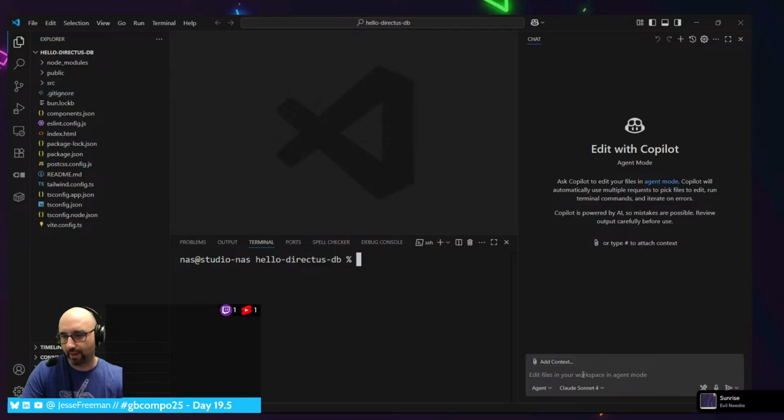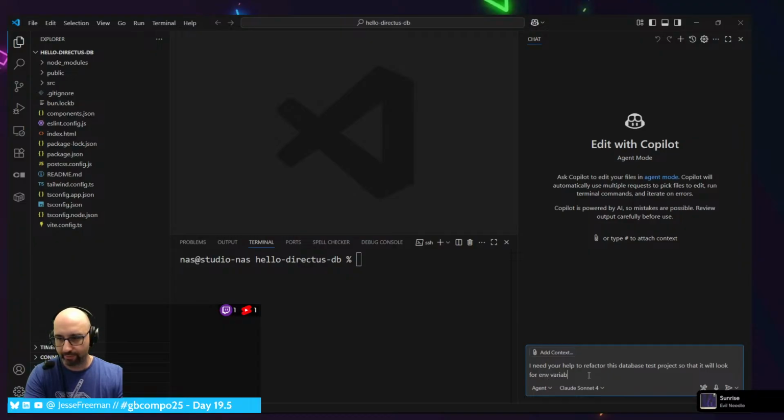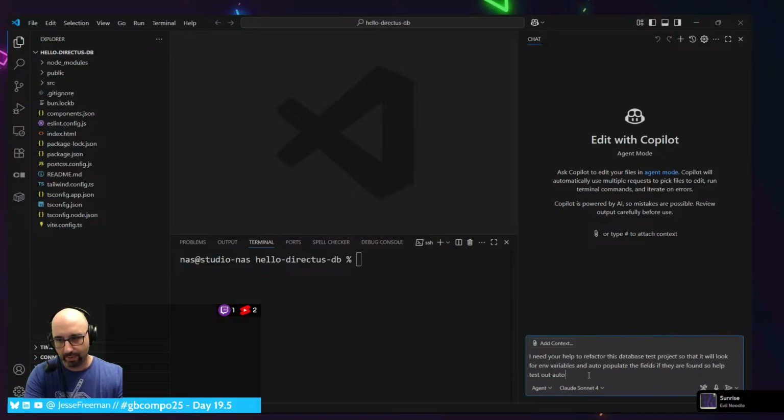All right, so now that we're on this, what I'm going to do is tell it, all right, I need your help to refactor this database test project so that it will look for environment variables and auto-populate the fields if they are found, to help test out auto connection via environmental variables.